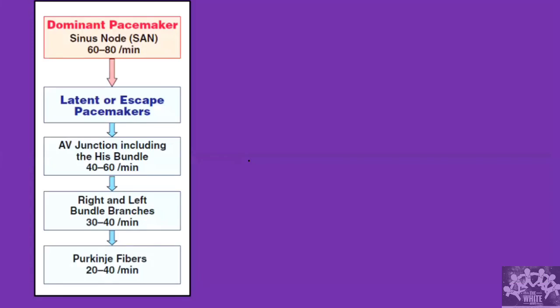Okay. So this is what I was telling you that time. So the SA node is a dominant pacemaker because of its intrinsic firing rate. Okay. So when this fires at a very high rate, it inhibits the other pacemakers because you don't want the other pacemakers to fire. Okay. So it inhibits the other pacemakers. So this is one of the important functions of the SA node. Okay. So as the impulse comes, the other parts are inhibited.